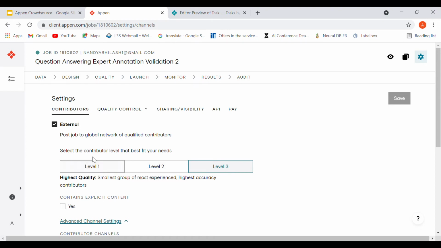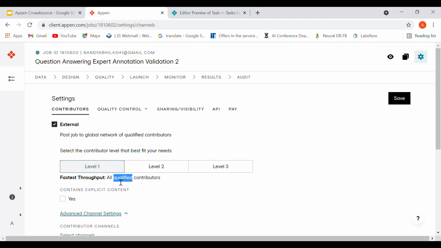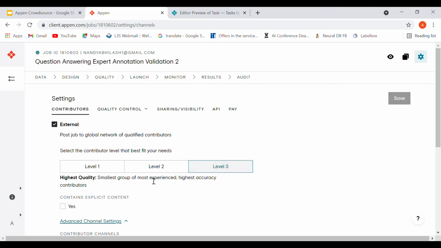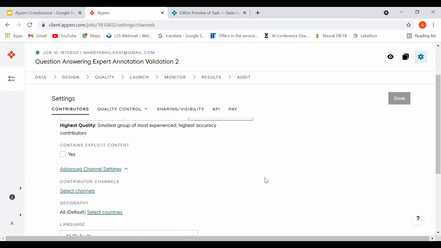There are also different contributor levels, which is another way to filter out annotators. Level 1 is all qualified contributors, level 2 is a little higher accuracy, and level 3 is the most experienced and highest accuracy. If you use level 3, from my experience, the annotation speed reduces a little bit, but that factor is very small, so it's always preferable that you use level 3.